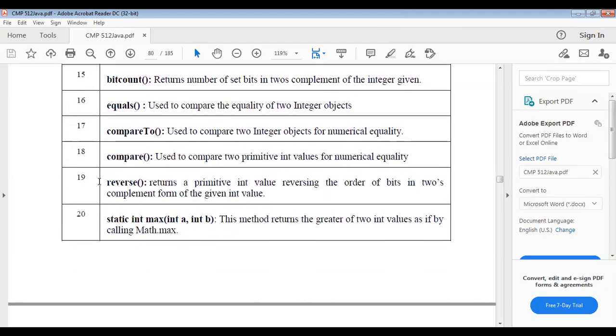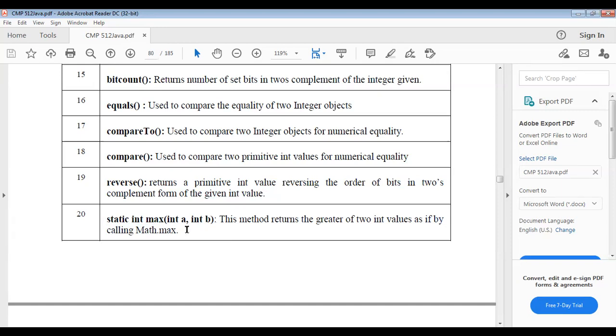There is another function present: reverse. Reverse returns the primitive integer value by reversing the order of bits in two's complement from the given integer value. Static int max takes integer a and integer b.